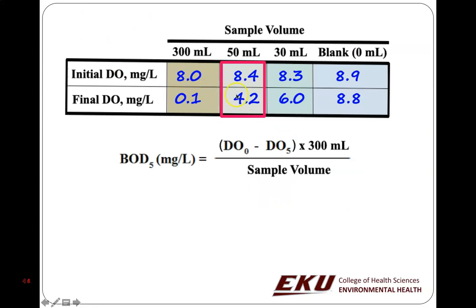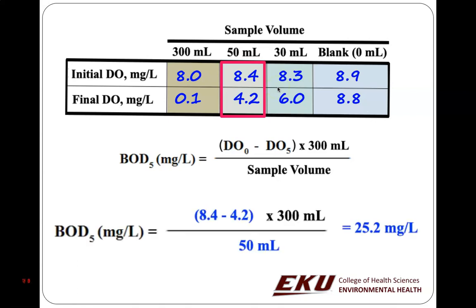So we measure the BOD5 in the samples that have reliable measurements. We don't measure it in here because that's not acceptable, because obviously it was below 1.0. So this one we measure, and then we can also measure that one. When we measure this one, we see it's 8.4 minus 4.2, which equals 4.2, and 4.2 times 300 divided by 50 equals 25.2 milligrams per liter of dissolved oxygen demand, or biochemical oxygen demand after